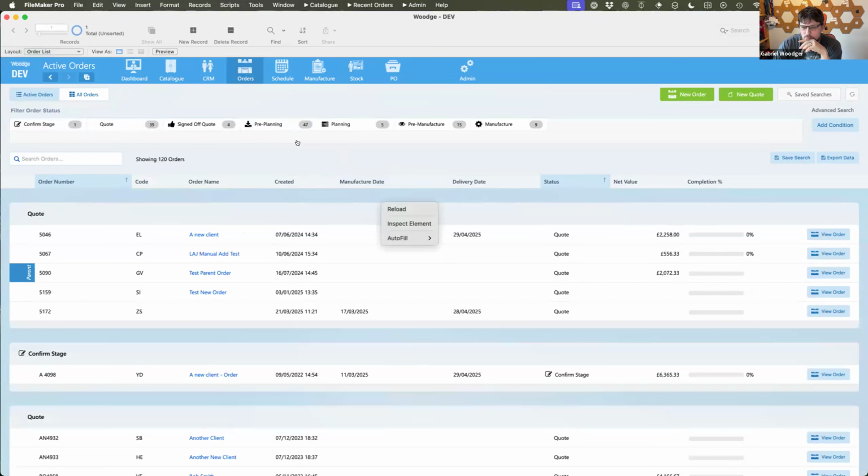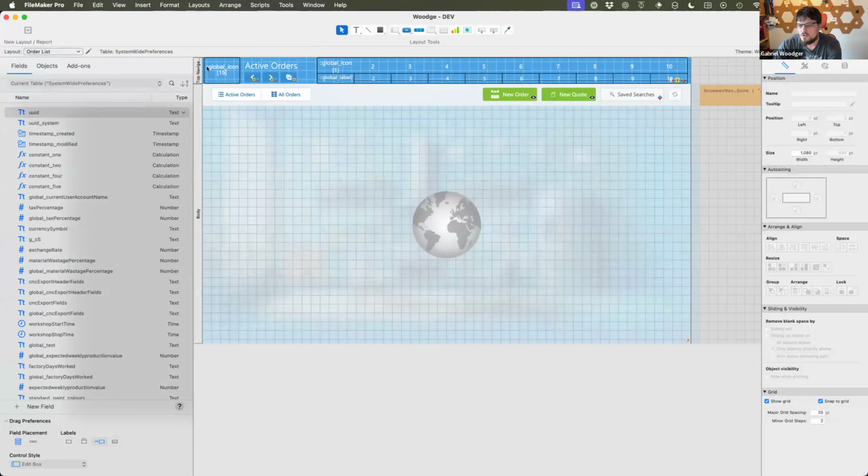So in lots of places in the system we use a combination of FileMaker layout objects and web viewer elements, and we try to do it in a way where these things match together so that the user doesn't necessarily know which buttons come from FileMaker and which come from the web viewer. Let's jump quickly into layout mode. In here we've got some global repeating fields for navigation at the top, and some buttons to make new orders and to toggle between a couple of different modes, and the rest of this is a web viewer.